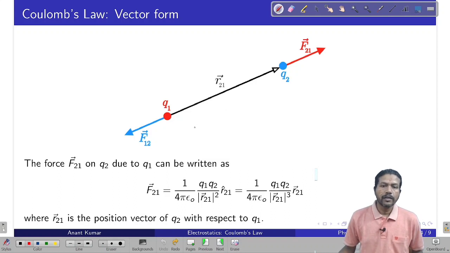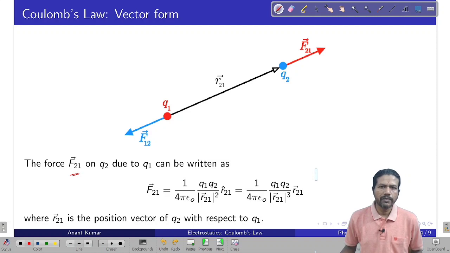Then if I look at the force which Q2 experiences because of Q1, which I am going to call F21, that is force on Q2 due to Q1. Assuming that these two charges are both positive, this force is going to be repulsive. So this force F21 is pointing away from Q1, so it's pointing in the direction of the vector R21. As a result of which, we could write down F21 as 1 by 4 pi epsilon 0 Q1